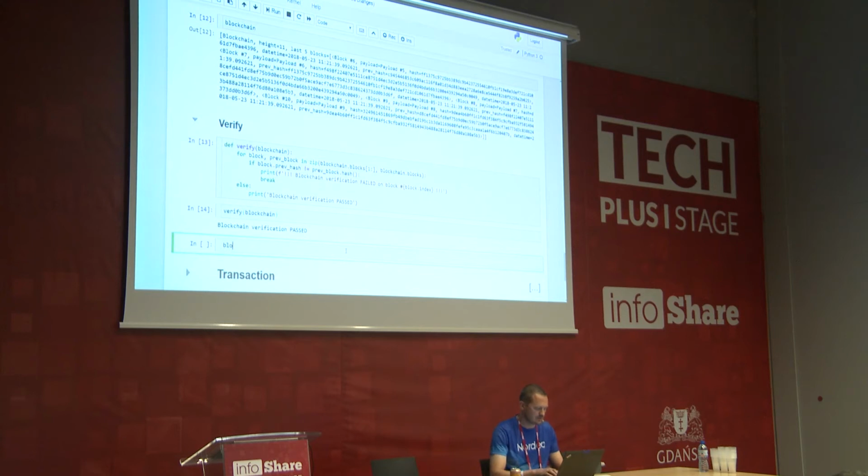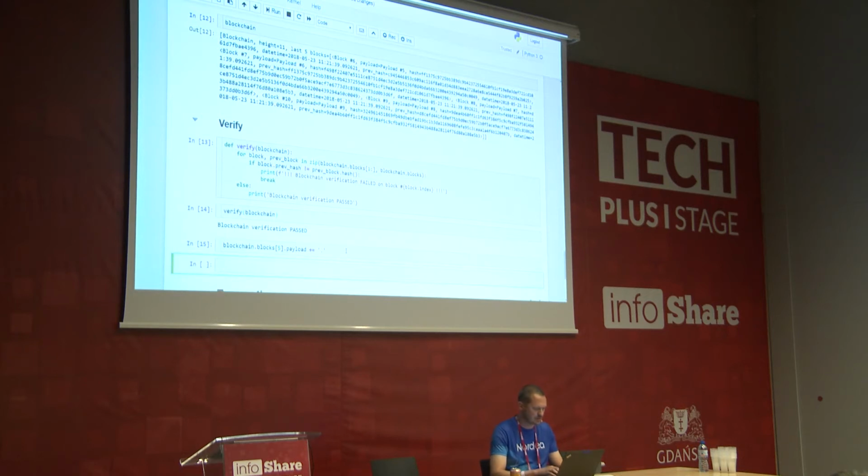Let's say we take the block number 5, we take the payload, and we try to add some character to that. So how SHA-256 or any other one-way function works is that we are not able to modify even one bit of the contents of what was hashed, right? Because the hash will be completely different. And if we do that,